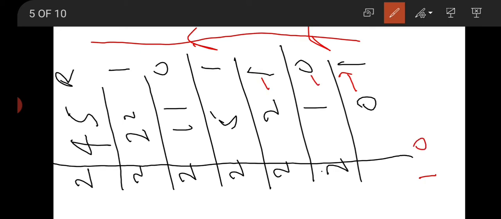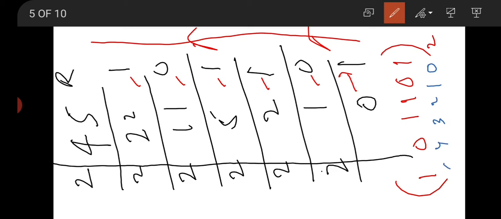0, 1, 1, 0 and 1. Now this is our binary equivalent. If we want to cross verify this number, then we have to convert it from binary to decimal again. To convert from the binary number system to the decimal number system, we have to start counting from 0 and from the right side of the number. So we put here 0, 1, 2, 3, 4 and 5.